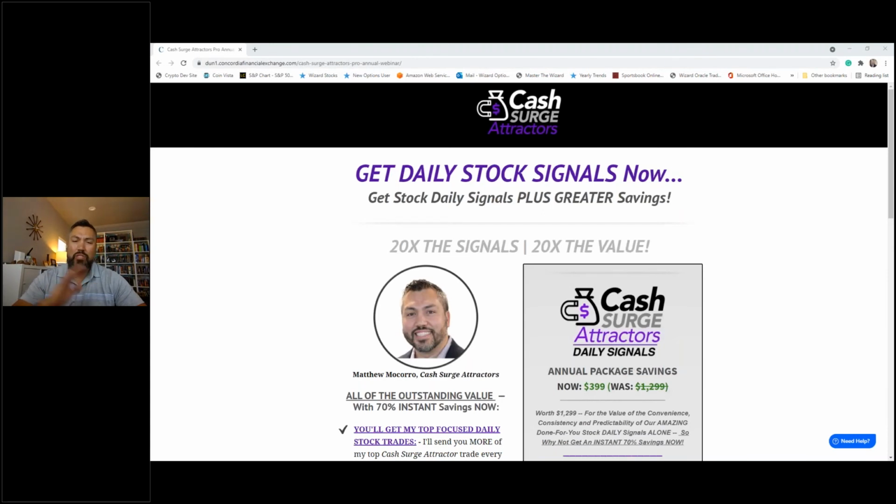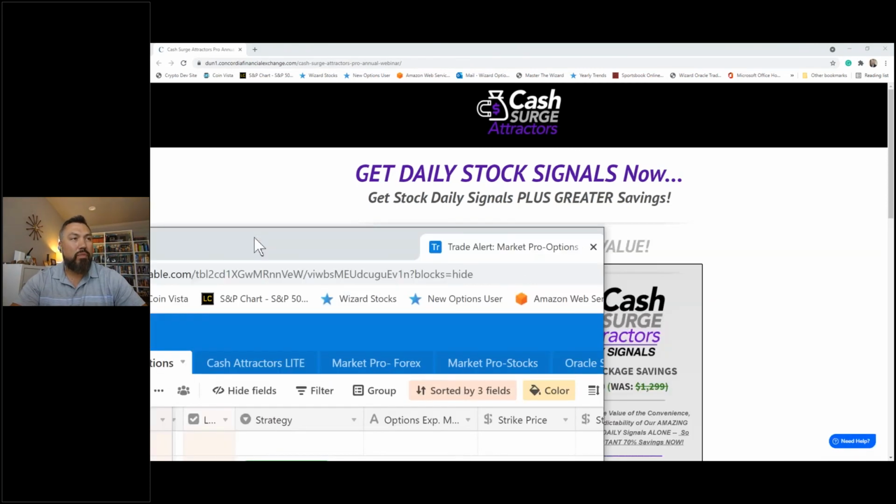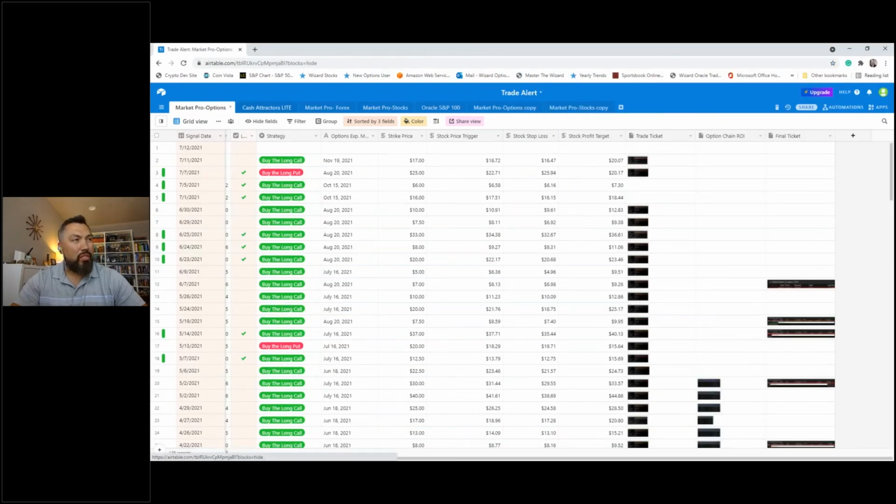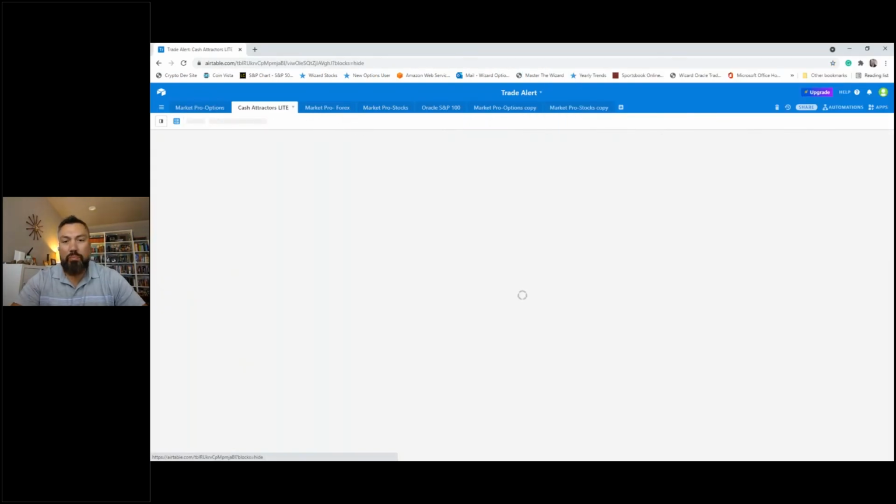So we track every single trade. And you have access to this membership site that allows you to jump in and follow along with our positions. So we tell you all of the necessary information. So this is what it looks like inside of our membership site. So when you're following along with our trades, we give you every single piece.